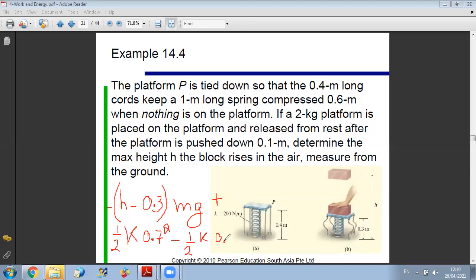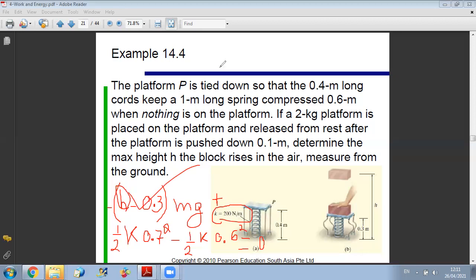So as you can see in this equation, k is given, it's 200 Newton per meter. As the mass is given, so the only unknown is h. So this equation will directly allow me to calculate the value of the maximum height from the ground. Now, if you want to do intermediate steps, you can, but then